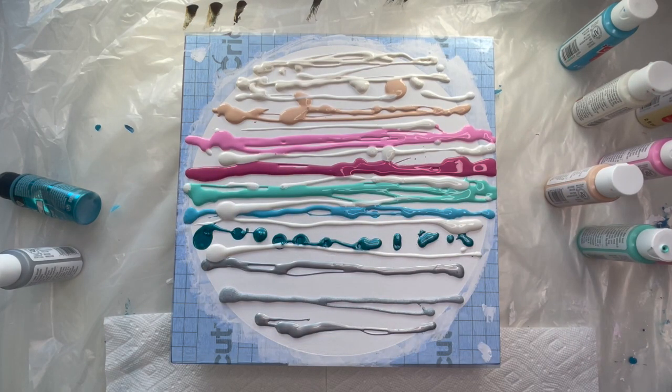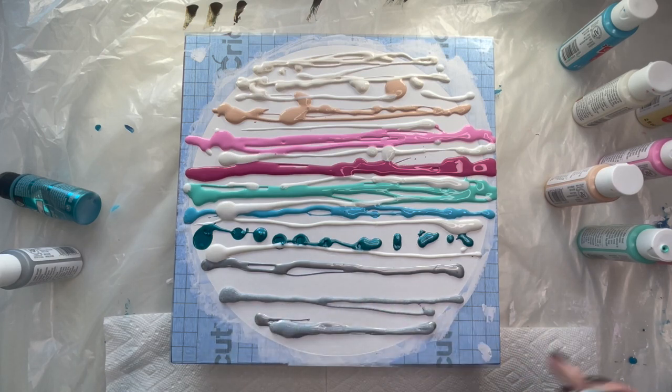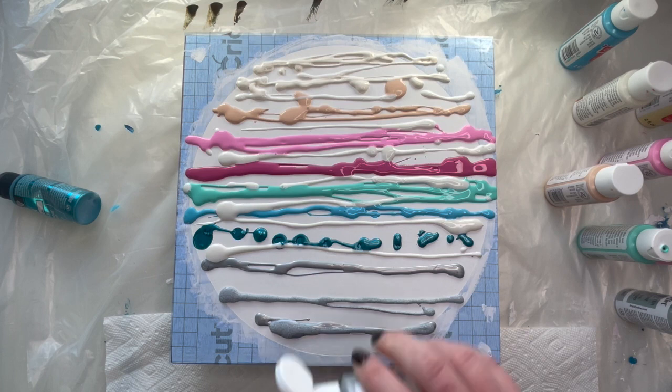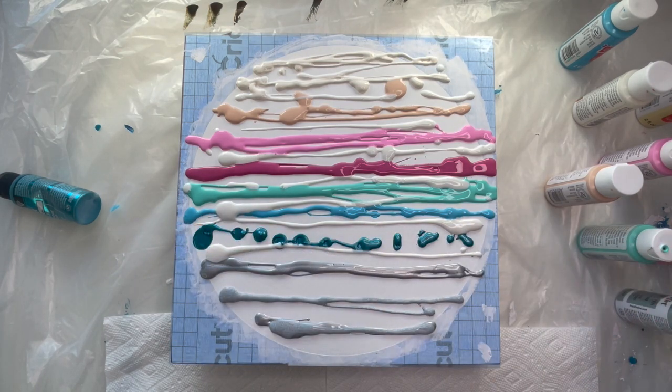Okay. Add a bit more silver. Oh, that was the glitter. Make sure you're grabbing the right bottles. Okay,